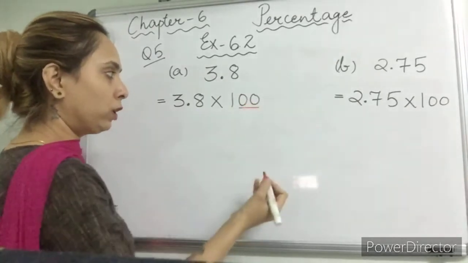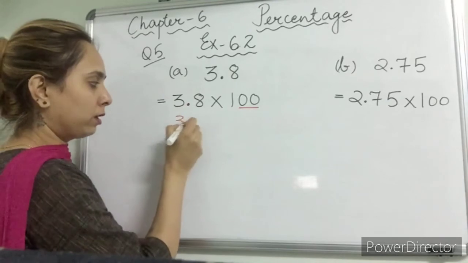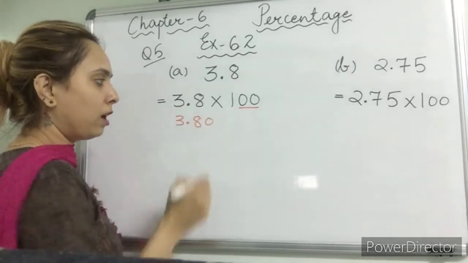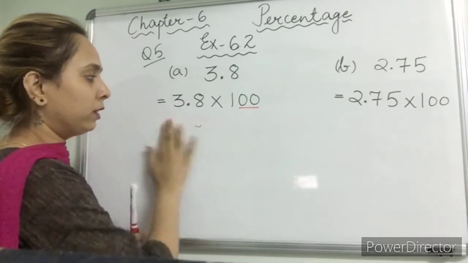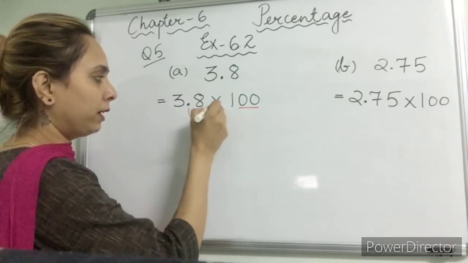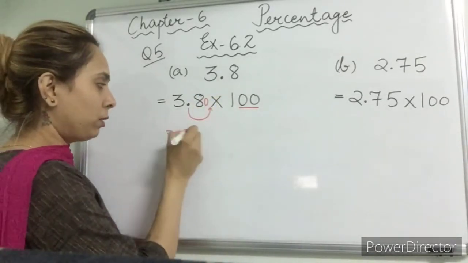So here we have 2 zeros. So this decimal point will be shifted after 2 numbers. So this decimal point will be shifted here. Before that, we will have to put 1 zero. So answer will be